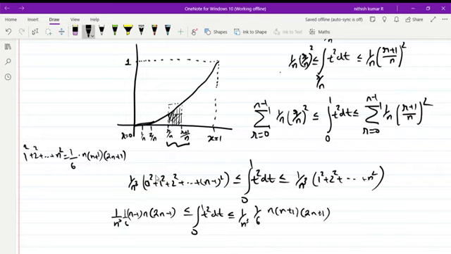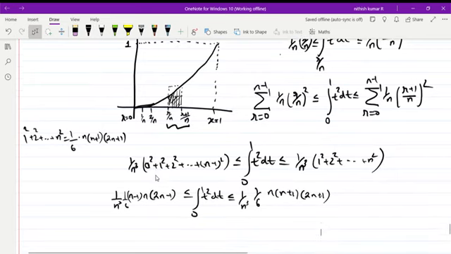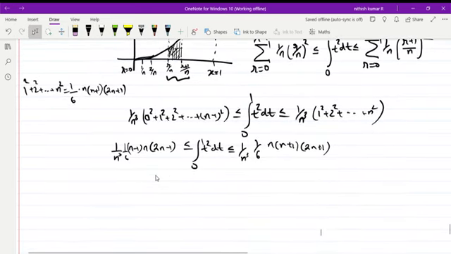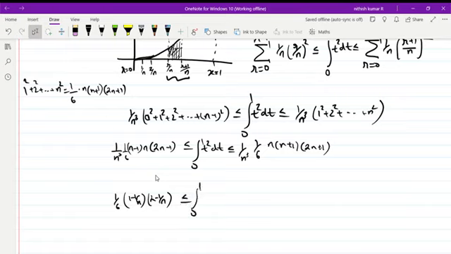Now if I take n outside and cancel with the n cube, I will get 1 by 6 into 1 minus 1 by n and 2 minus 1 by n, less than or equal to integration 0 to 1 t square dt, which is less than or equal to 1 by 6 into 1 plus 1 by n and 2 plus 1 by n. Now as we increase the number of intervals,